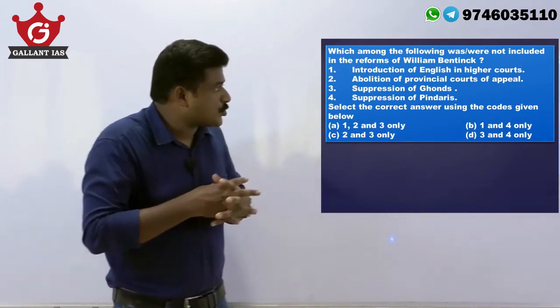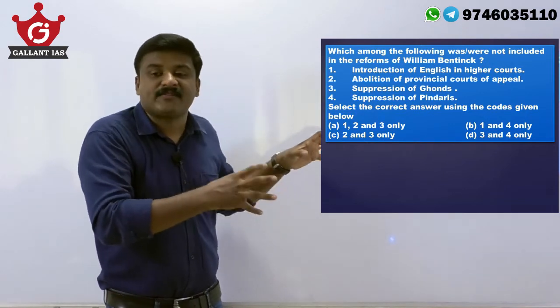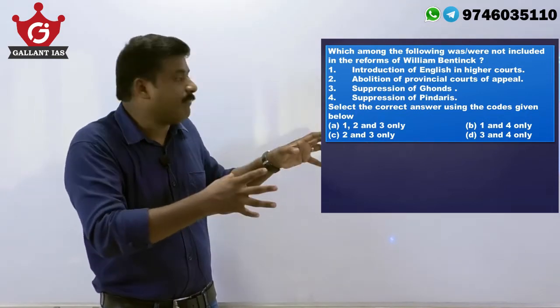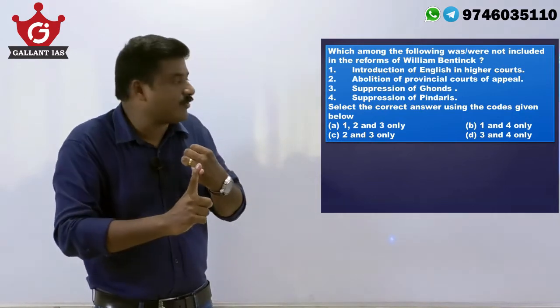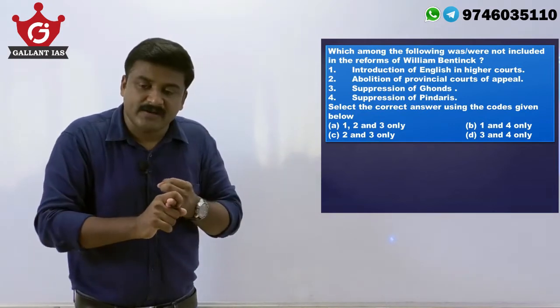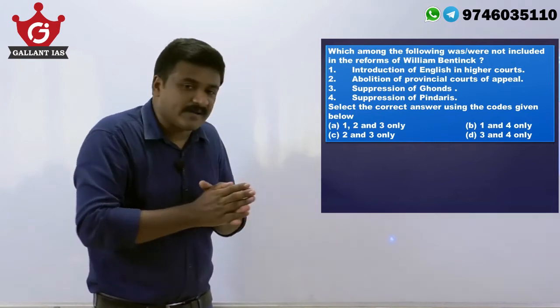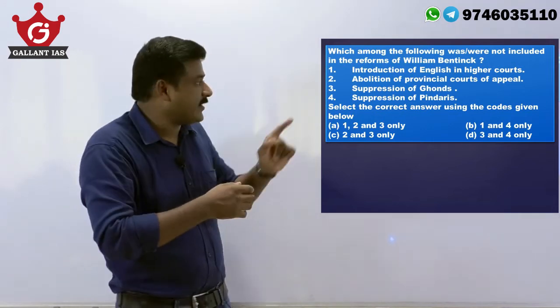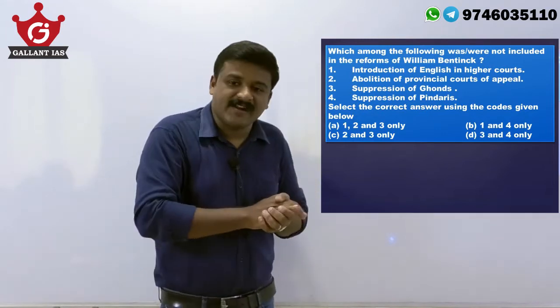Now you are in a position to answer this question. Which one of the following is not included among the reforms of William Bentinck? Introduction of English in higher courts, exactly, that is a reform of William Bentinck. Then abolition of provincial courts of appeal, that is again a reform of William Bentinck. But suppression of thugs and suppression of Pindaris are not at all reforms of William Bentinck. Suppression of thugs, that was by Lord Harding. Suppression of Pindaris, that was by